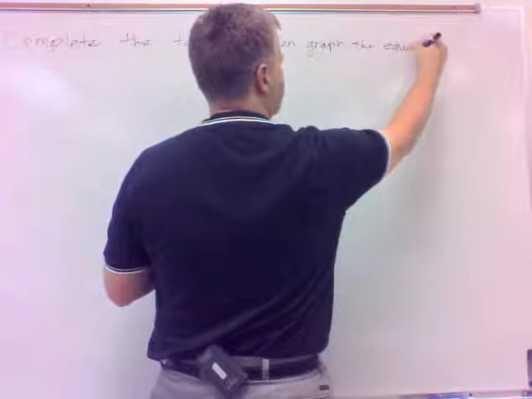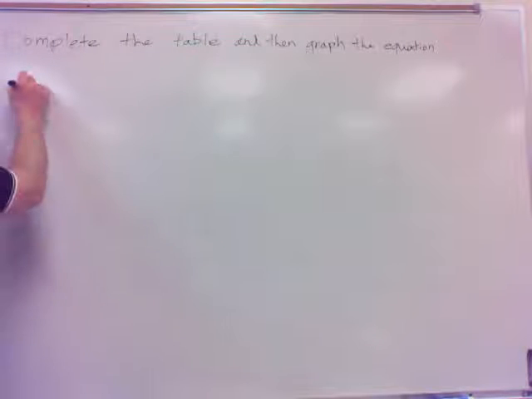So we're going to complete a table, and then we're going to graph the equation. If you want to graph something on the Cartesian coordinate system, and nothing else comes to mind, if you don't know anything about the graph, doing a table is always one way to go here. All right, and so here's what